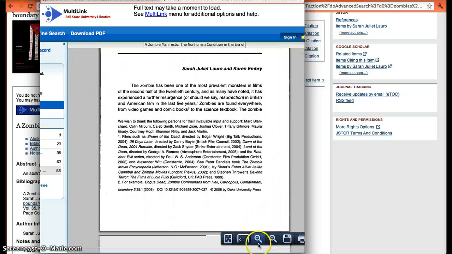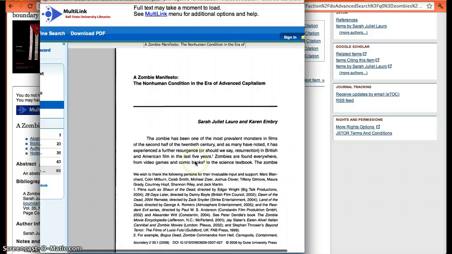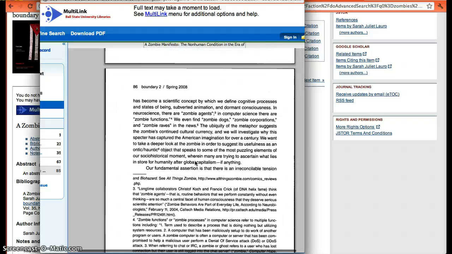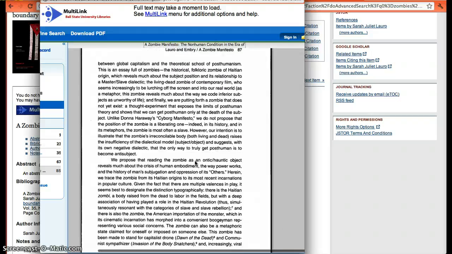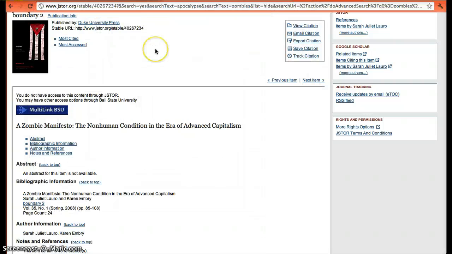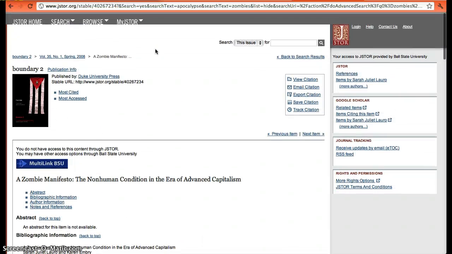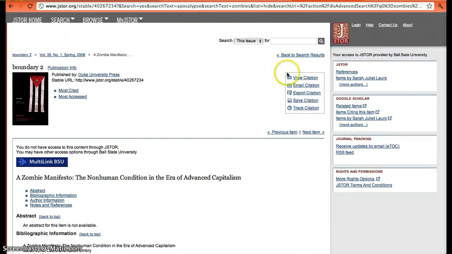You can make it bigger, you can make it smaller, you can save it, or you can print it. So that's really good if it's something you don't want to view on a computer screen, if you want to print it off and read it, make notes and stuff. So that's pretty useful. And so when you're done, if you decide that, hey, yeah, you want to use this for your paper, on the right-hand side, there's an option to email the citation. And so if you click on that link,